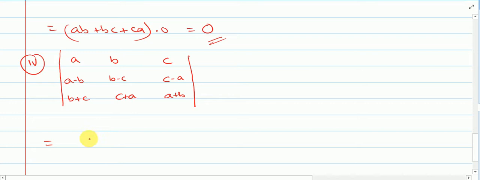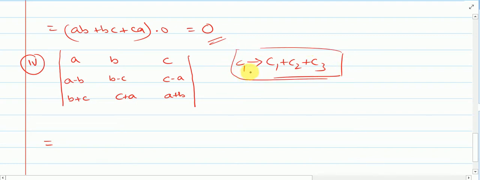Here also if you see the determinant, right now we don't see anything common in the rows nor in columns. Now if I try to operate this, let's say, I don't think this will work, because here in the first column we'll get a plus b plus c, and here this will become 0, and this will become 2 times a, 2 times b plus 2 times c. So we will get a plus b plus c common.